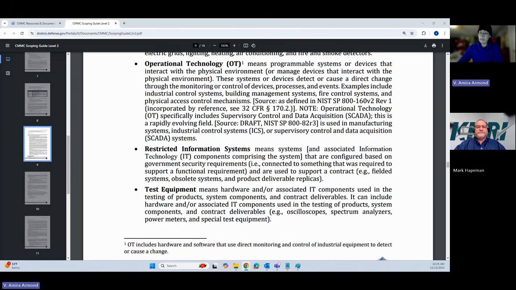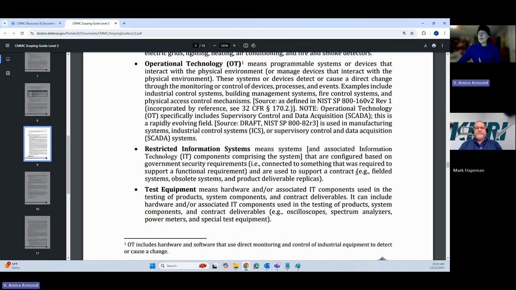If the government requires you to use a certain software program to communicate with them, and that software program doesn't support encryption, right? They told you you need to use this thing. You don't have a choice. It's required for your contract. Right? I'm going to be pretty favorable about whether I think that's a restricted information system.